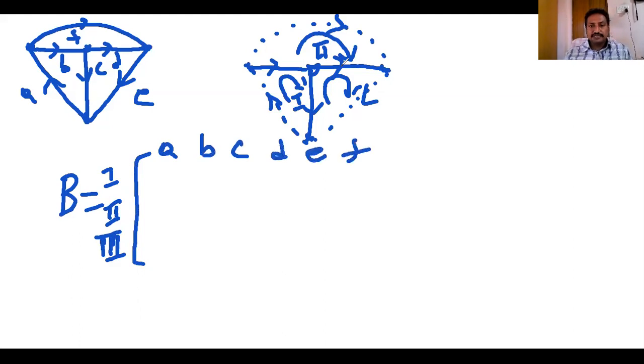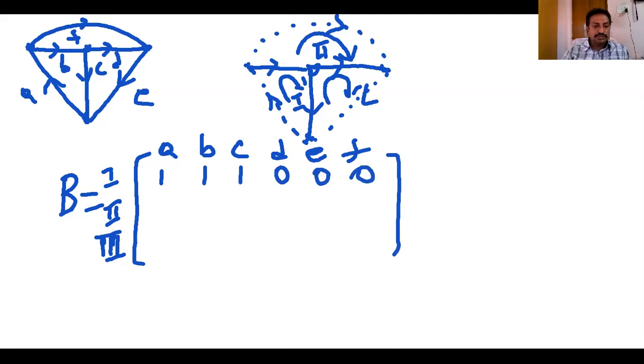So now, as per this analysis, what are the branches in the first loop? A, B, and C are there. A, which direction? Same direction, we put 1. B's direction is the same direction. C is the same direction. D, E, F are not in this loop, so they are zeros.